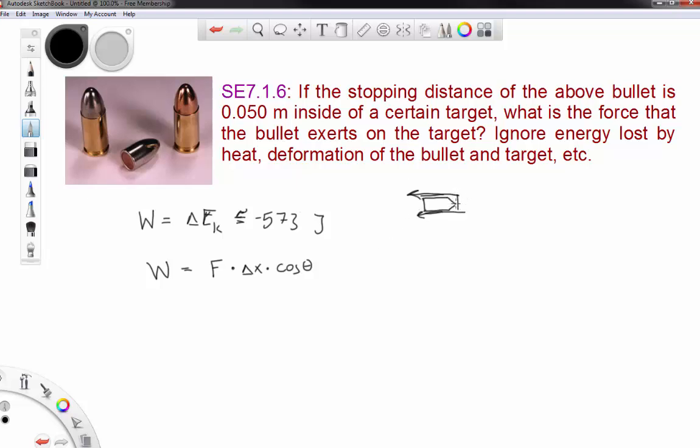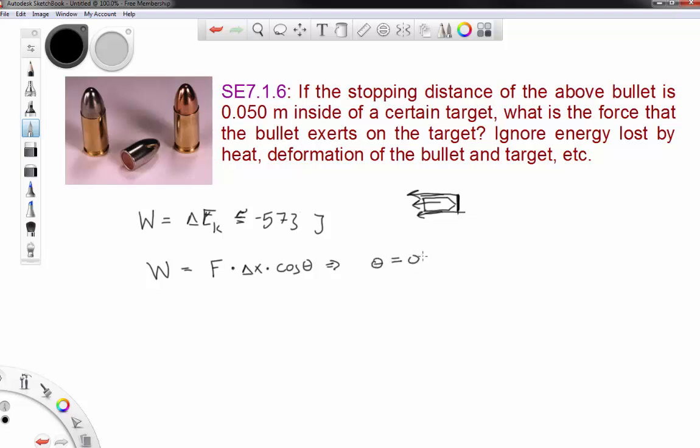And then also some force maybe from this solid part of the target that the bullet is having to break through. And all of those forces are basically going to be directed in the opposite direction that the bullet is moving in. So with that being said, that means that theta is going to be